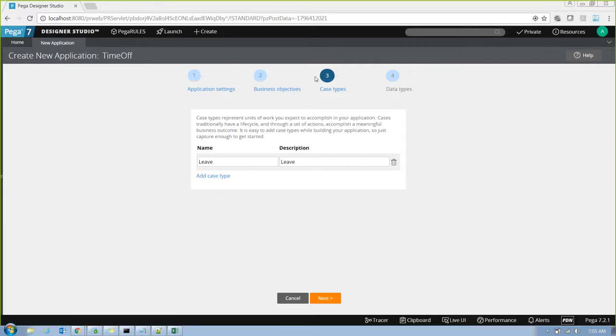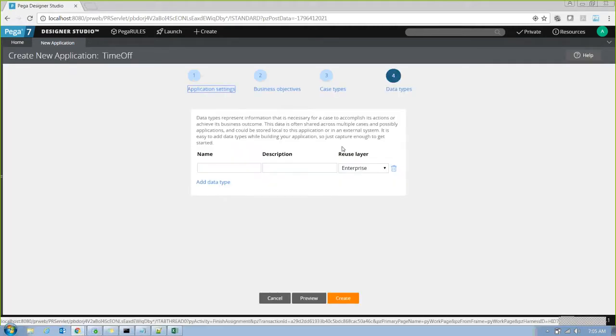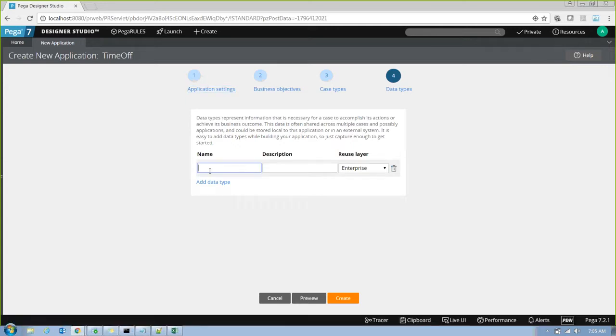Okay. So I have given my class name as lead. Now go ahead. Data types means the various data tables you have in Pega. At this point of time, maybe you can create a new table called leave balances. I just created a new table called leave balance.